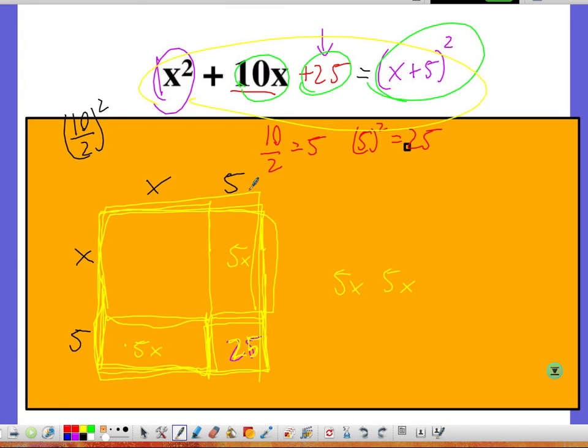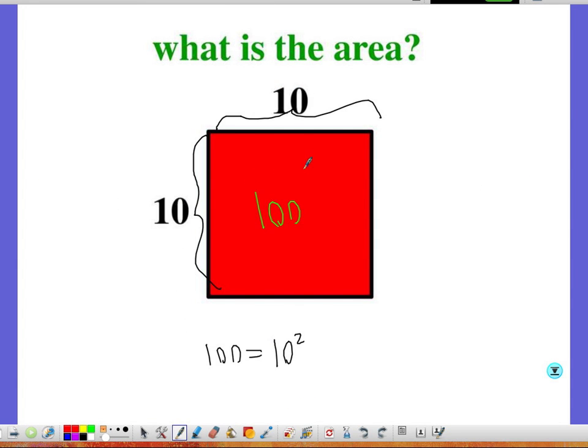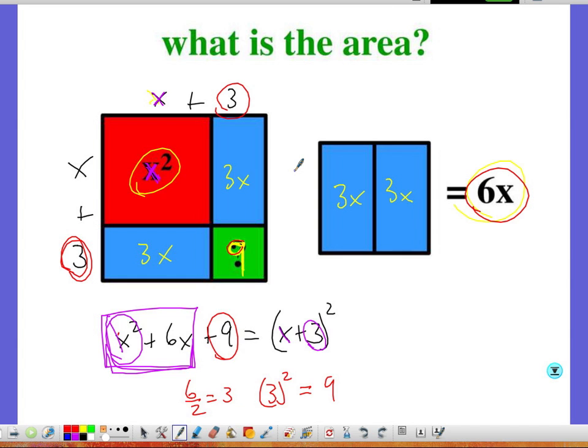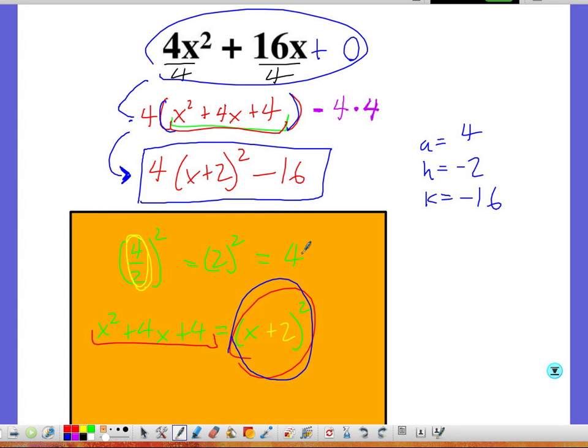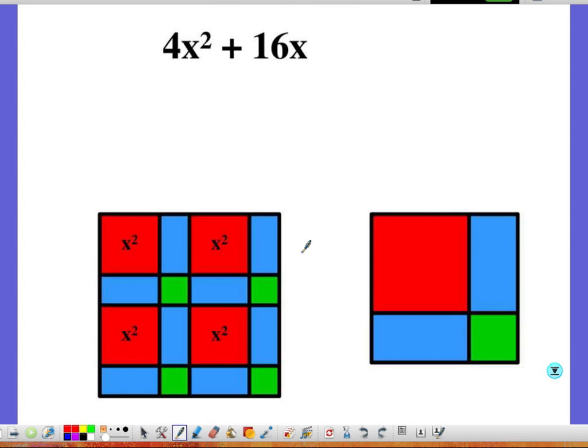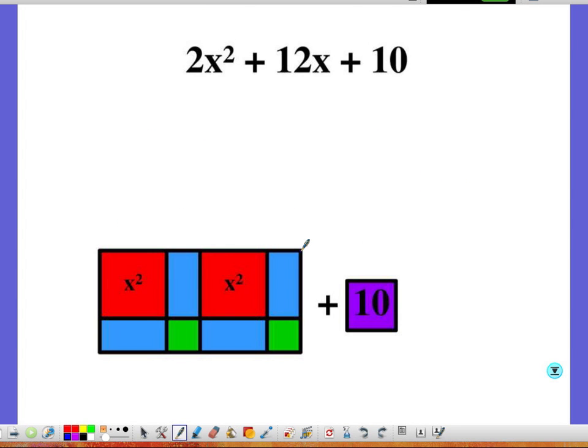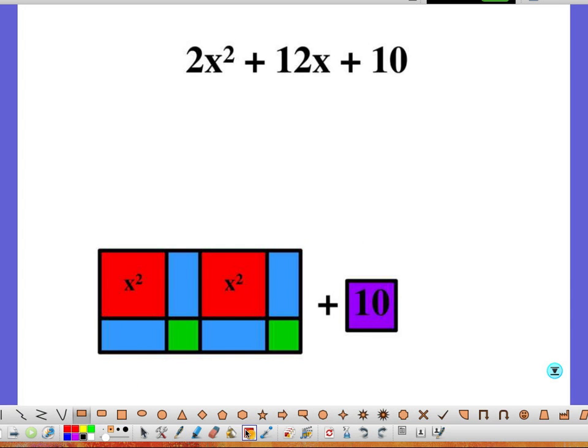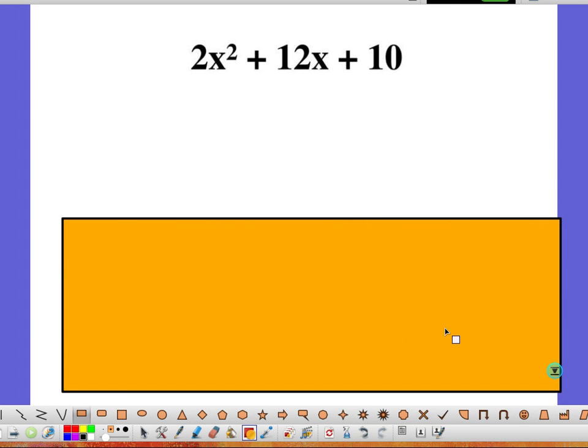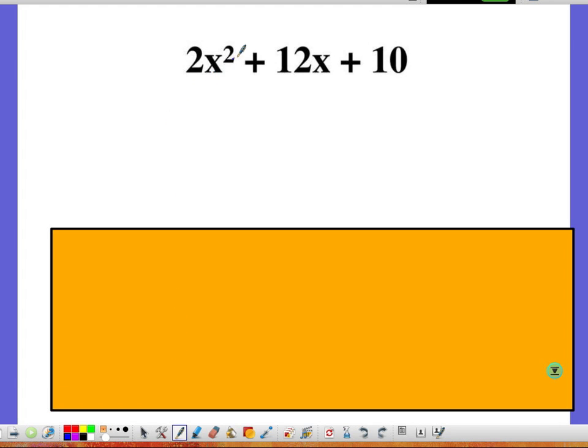So we started with a very simple idea of finding the area, and by working through that, we learned the concept of completing the square, and then we're able to set it equal to this other side, and that helps us find the vertex form of a quadratic equation. And so let's take a look at one last example. Again, we're not looking at the diagrams anymore. We want to look at just